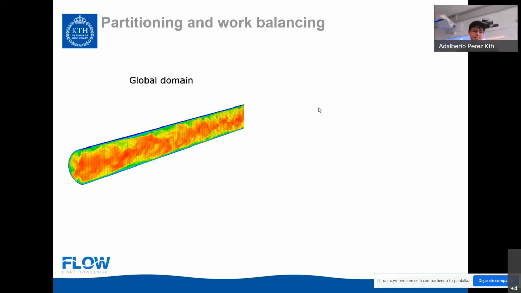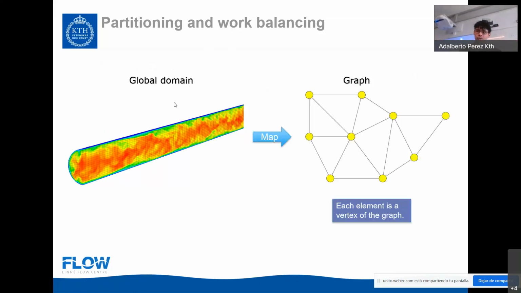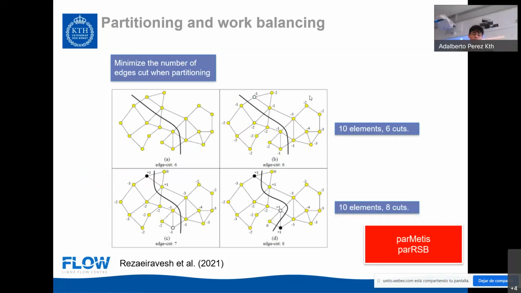So there are some libraries in NEK that do this, and the way they do this, as I said, is through a graph partitioning problem. The steps are basically, we first have our global domain that I have shown multiple times now, and then we map it into a graph where each vertex is an element of the discretization, right? So if we want to do this partitioning in a nice way, and here I'm showing an example where we want to partition a domain between two MPI ranks, then we need to solve this partitioning problem